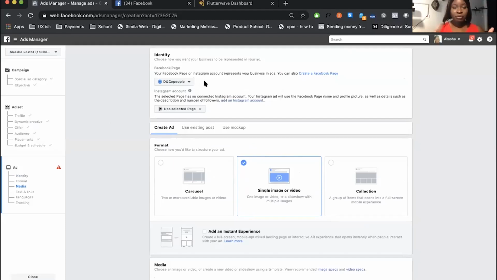For the purpose of this demo, I haven't added my Instagram account. So again, if you're like me and you haven't added an Instagram account, you can go ahead and add your Instagram account. And this means that regardless, if people click on the profile that is sending that ad, it would direct people to my Instagram page. Again, if you have a very robust Instagram page, I will recommend this. If you have a robust Facebook page, I will recommend it goes to your Facebook page. Whichever has the most information about your business is what should be sending the ad, right? So for the purpose of this, it's going to go from my Facebook page.